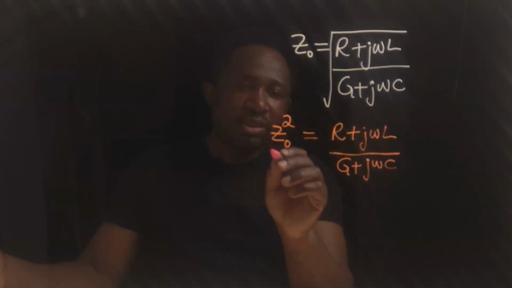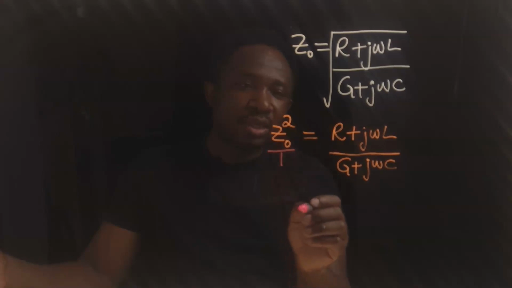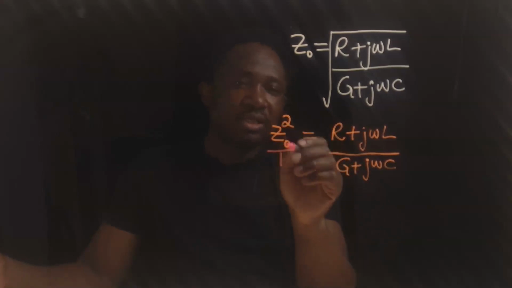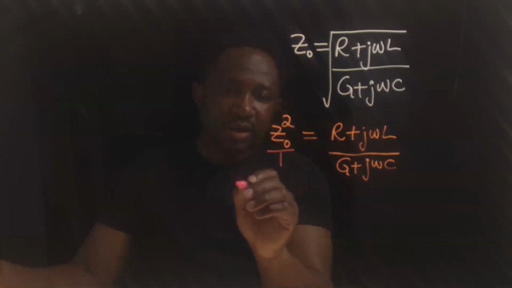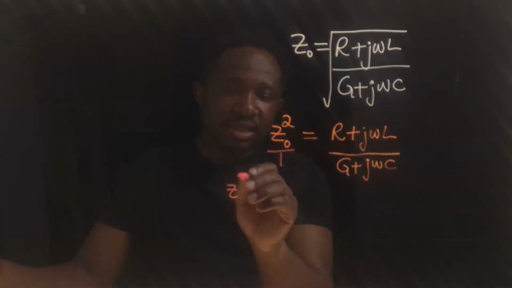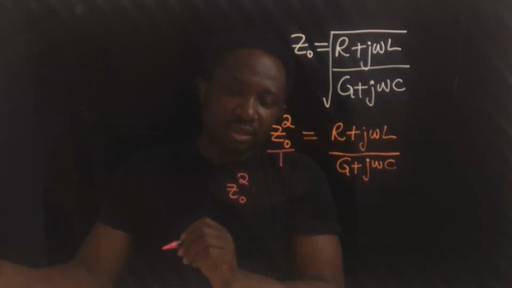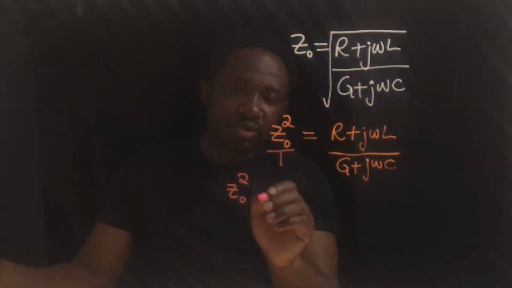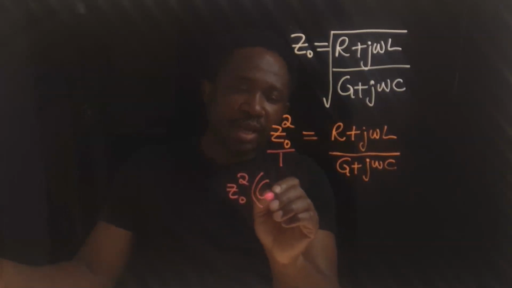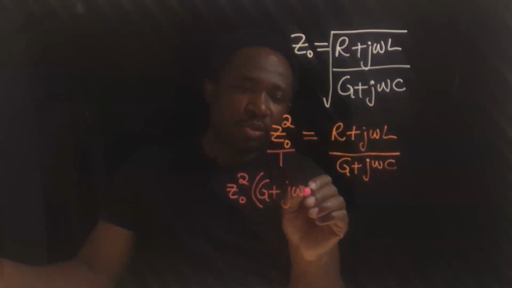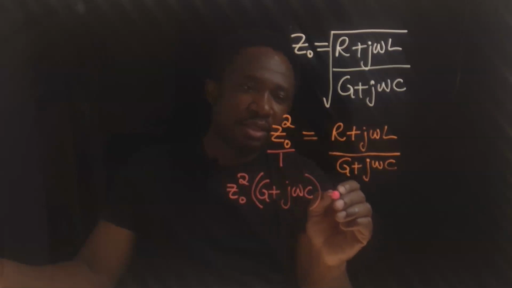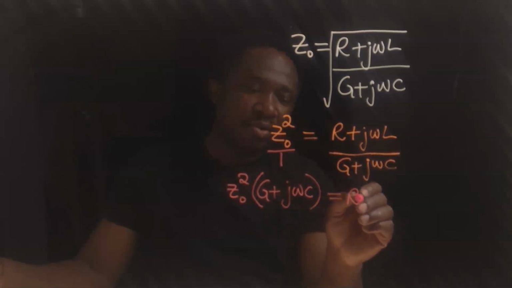Or this is like over 1, and we can say let's cross multiply, and we're going to have that z subscript 0 squared is going to multiply g plus jwc in bracket, and now we have r plus